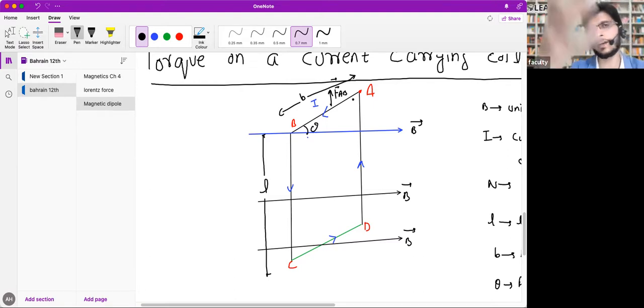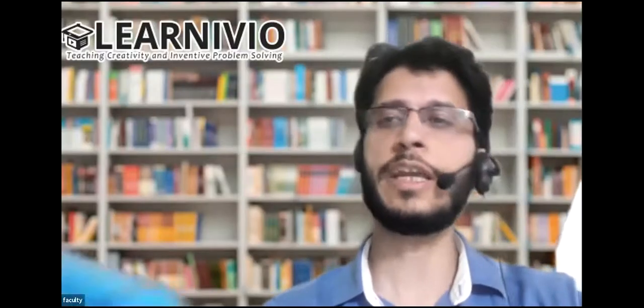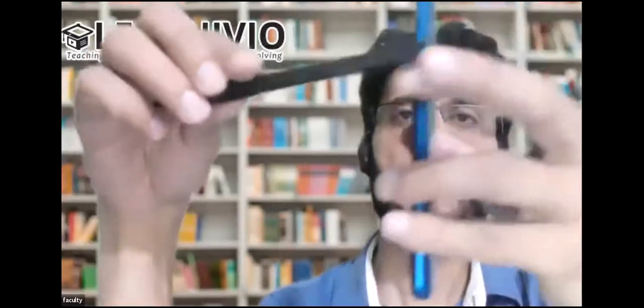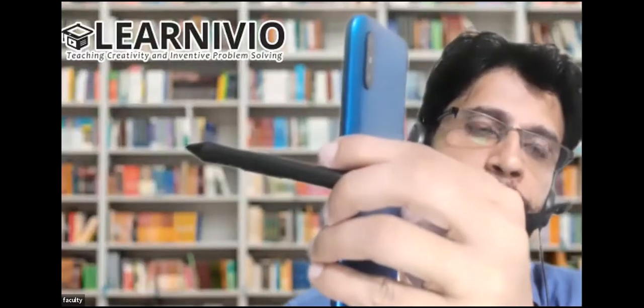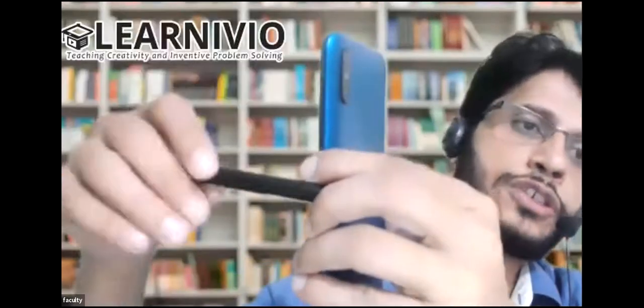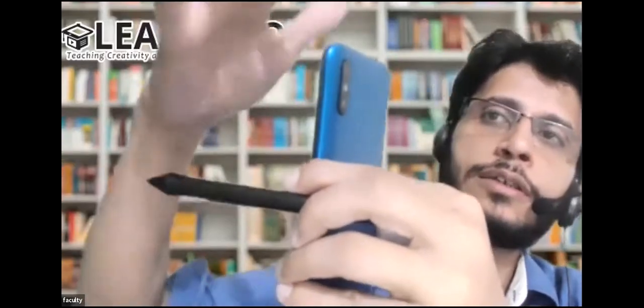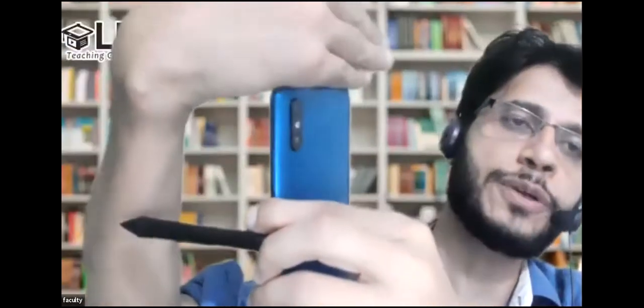See, just take your right hand, place your finger in the direction of current in this way. For this particular case, this is a three-dimensional case. So take your mobile phone and take your pen. Place your pen in this way and the mobile phone in this way. This is the direction of the pen and this is the mobile phone. It's inclined to the pen at some angle. This is how the current is flowing through the mobile phone. It goes down, then it goes here, then it goes up, and the current is completing one circle. Take your right hand, place it in this way on your mobile phone. So the current is anti-clockwise, right?